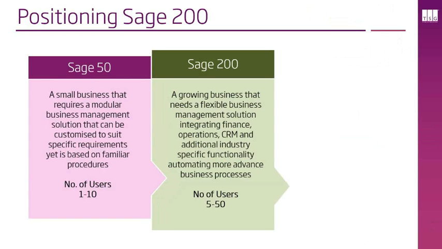That was around for a couple of years. Now, the killer difference really, there are a variety of functionality differences between 50 and 200, which I'm going to talk about in a moment. But the key difference really is that when you move to 200, you are using a Microsoft SQL database. So what that kind of means in English is that